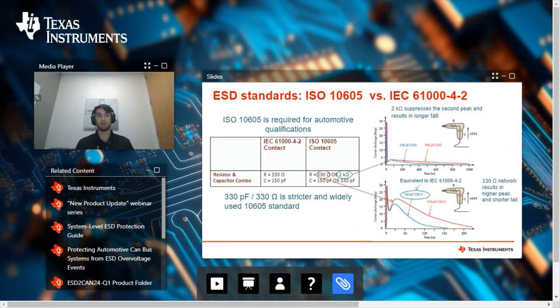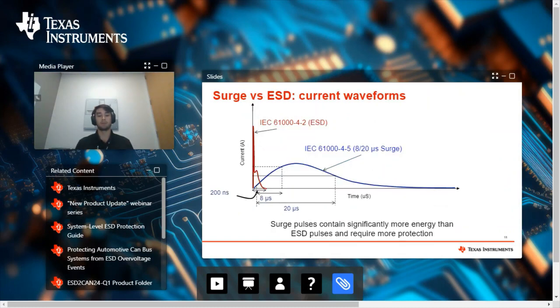So moving on to ESD standards. Many of you might be familiar with HBM and CDM standards in IC data sheets. The CDM simulates an integrated circuit charging and discharging, and the HBM simulates a human being discharging onto the IC in a controlled ESD environment. These standards are useful in ensuring that components will survive manufacturing and assembly in factories where there are protocols to minimize ESD exposure. However, they don't accurately model the real world.